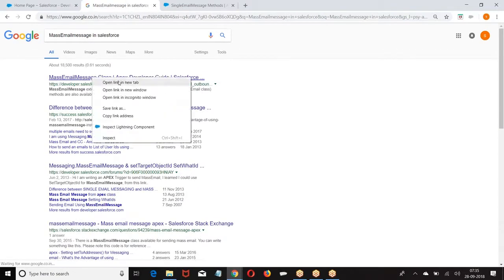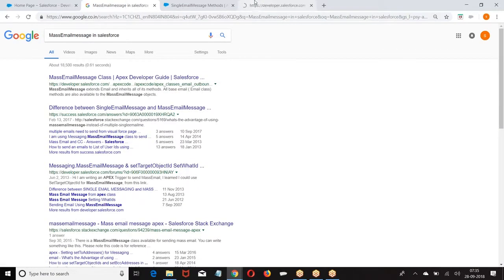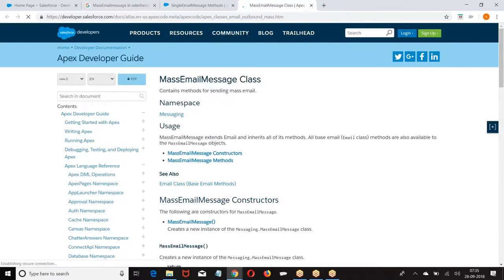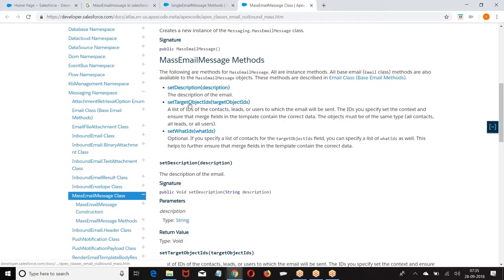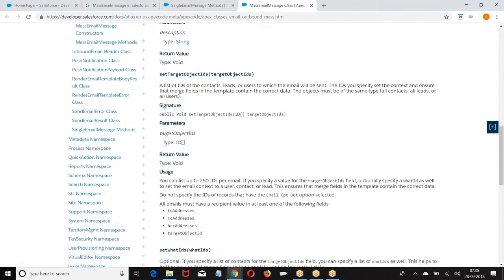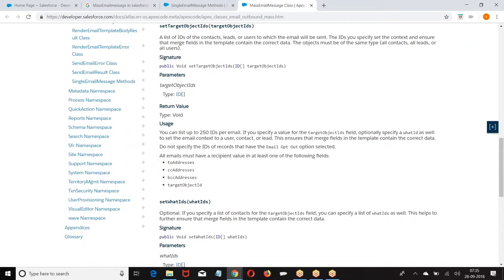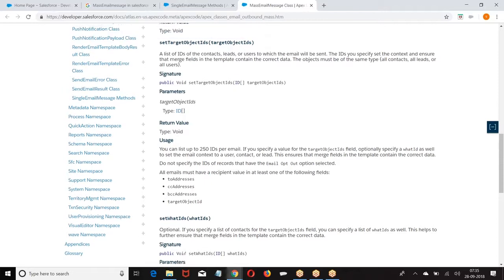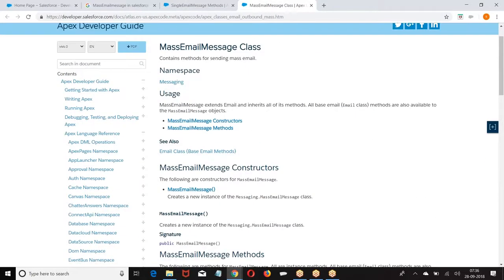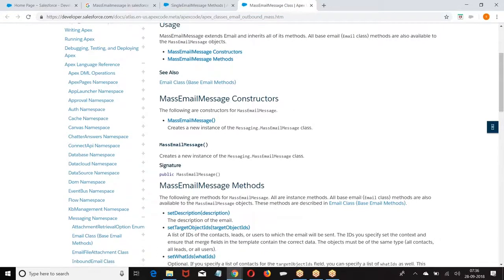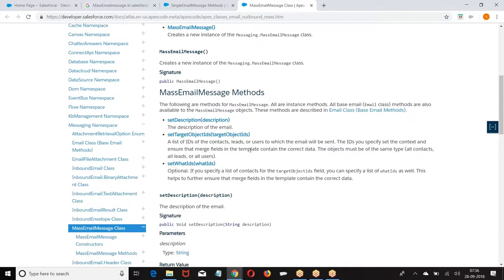What is the difference between these two? The major difference is the number of emails to which I can send. Single email message, I can send it to how many people? 100. Whereas when you go to mass email, to how many people can you send? 250.